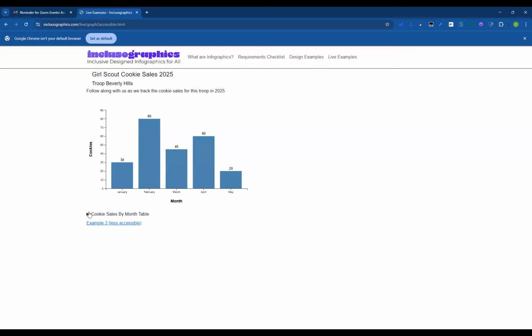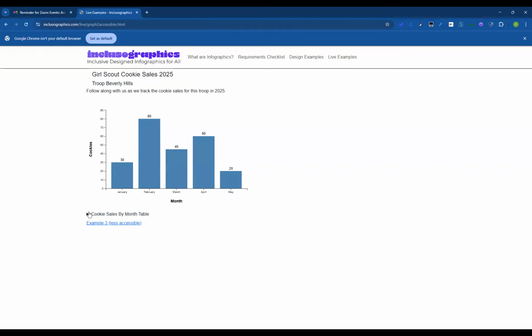Sorry, going back just a second on the last comment. If you have a table and a chart or a graph, where would you note that the information is repeated? Would you put it in a caption or the alt text of the adjacent table as the same data set? I'm just curious where you would put that information. I would say probably in the caption of the graph. And they would probably have the same title.